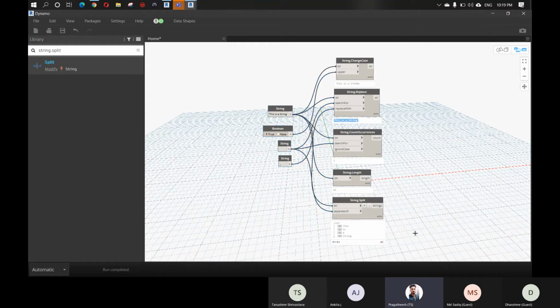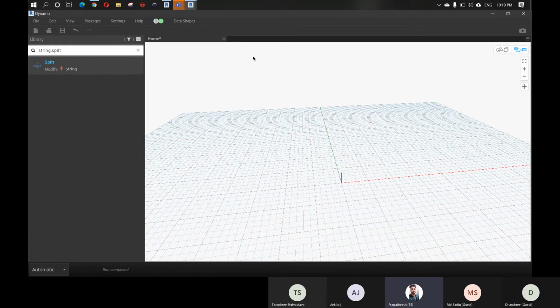Next I'll show you another example. One of Dynamo's most attractive features for Revit users is its ability to input information from outside of the BIM environment into the Revit project. One of the most common ways that architects, engineers, and contractors share information outside the drawing is by sharing an Excel file, right? That information is organized in a tabular form, which is rows and columns, right? So today I'll show you how to import some data from an Excel spreadsheet into Dynamo.